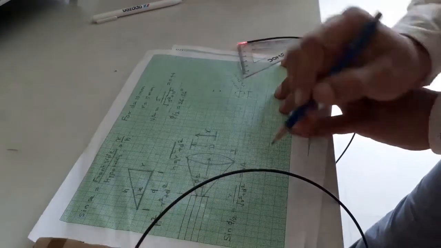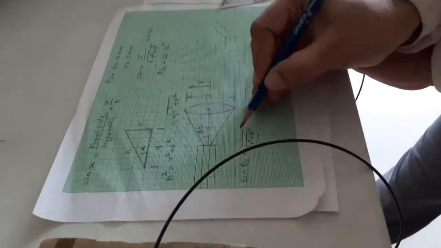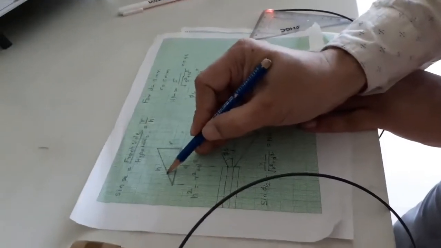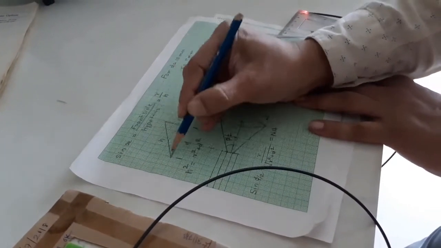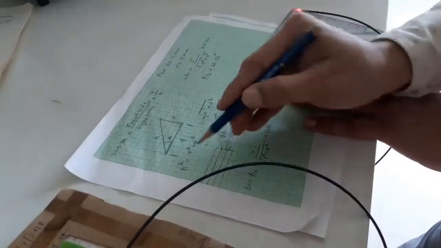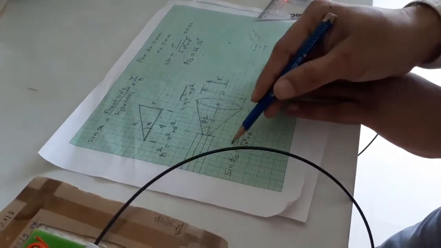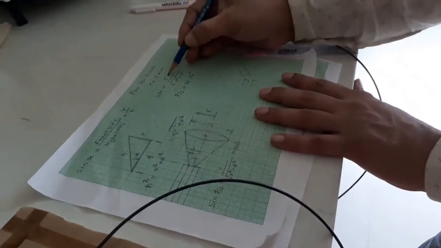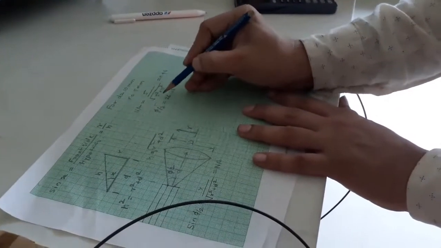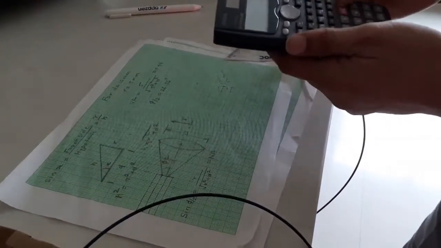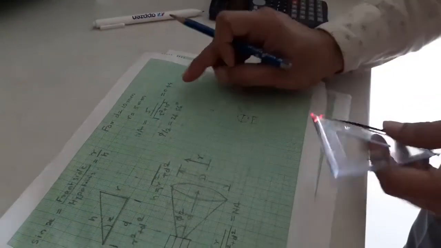If I put this in a formula for calculation of numerical aperture, I can use the Pythagoras theorem, where if I want to calculate the angle, I can take the opposite side divided by the hypotenuse, that is R by H, and if I write H in terms of R and D, H will be root of R square plus D square. Same thing I am using here by putting the value of R as 5 millimeter and D as 10 millimeter: root of 5 square plus 10 square. After solving using a calculator, I am going to get that value as 0.44. Now for this fiber, my NA is 0.44.